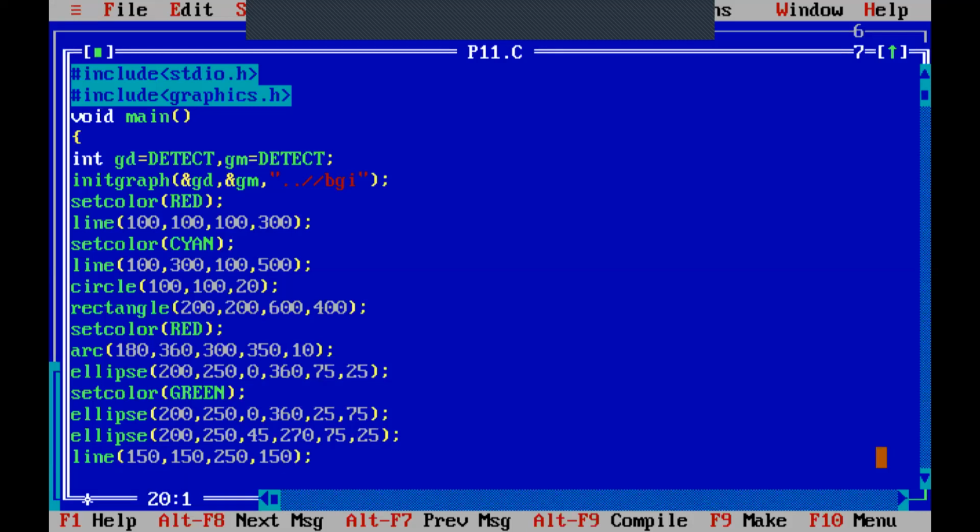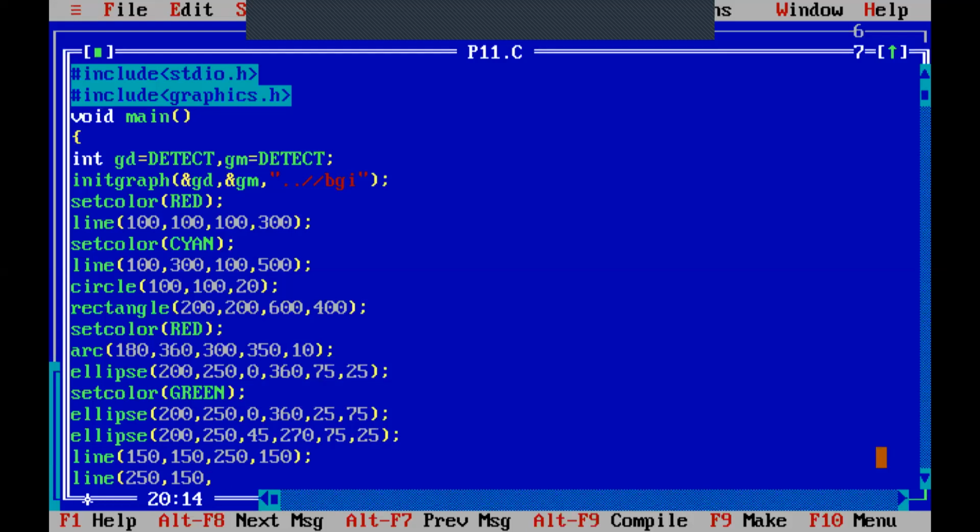Then second line. What should be the coordinates of the second line? The end point of the first line, 250 comma 150, to the point on the top. So what is the point on the top here?